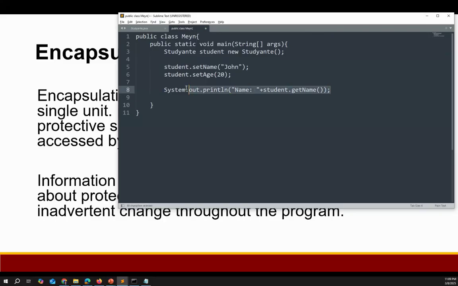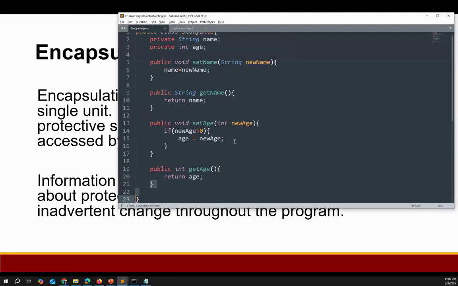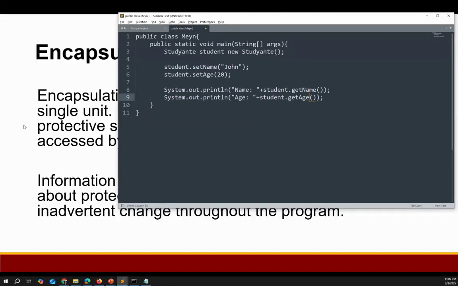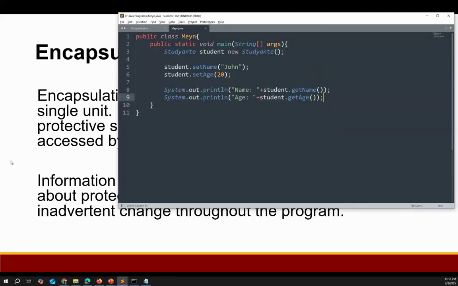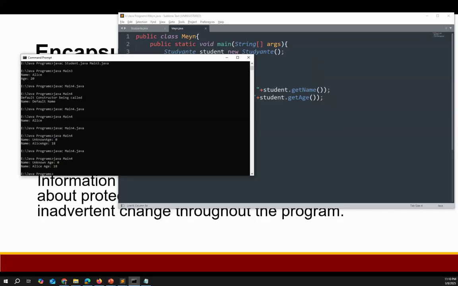Then we will be doing it similarly with age. Okay. So this should be getAge. Okay. So save Main.java. Okay. So let's try to run